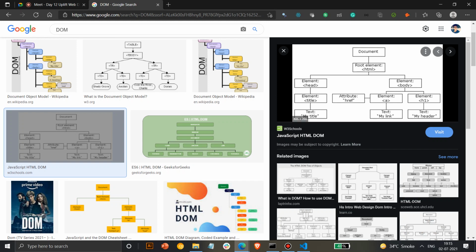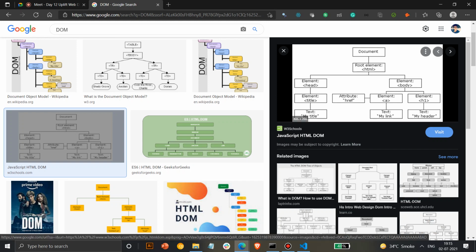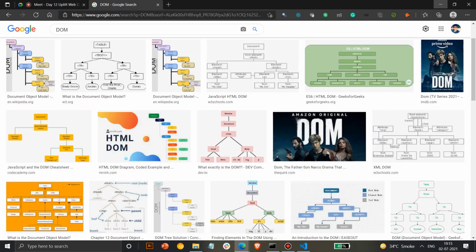So this comes out to be a tree or structured format. Every DOM, every Document Object Model, can be expressed in the form of a tree. If you have studied data structures, it's similar to a tree data structure, but in JS you can access these by traversing through different values, or through different variables. We'll study that, don't worry.